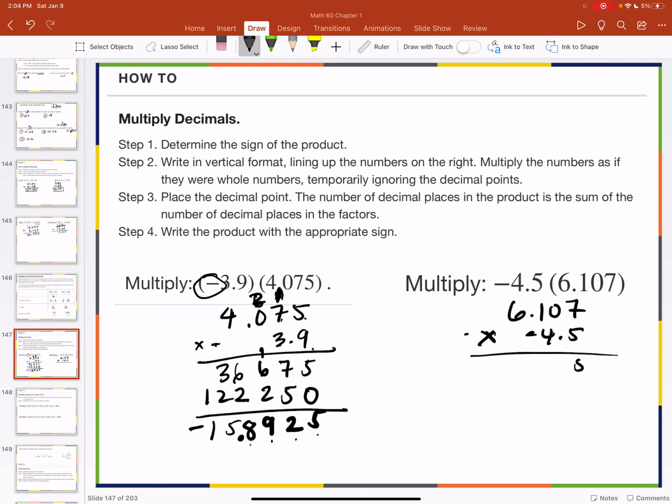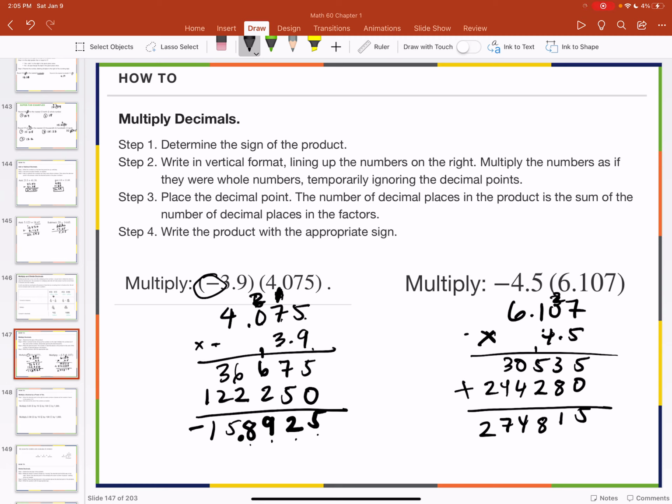So 7 times 5 is 35, carry the 3. 3 times 5 is 15, plus 3, 18. This is going to become 5. This is 30. Okay, and I'm ignoring the decimal places first. Then the next one, 4 times 7 is 28, carry the 2, 4 times 0 is 0 plus 2, and then 4 times 1 is 4, and then 4 times 6 is 24, and then add. Okay, and then this is 5, 1, 1, 8, 4, 7, 2, and then you have 1,